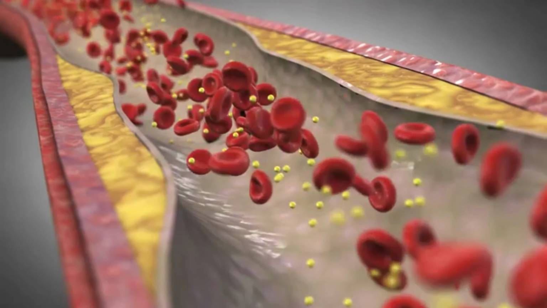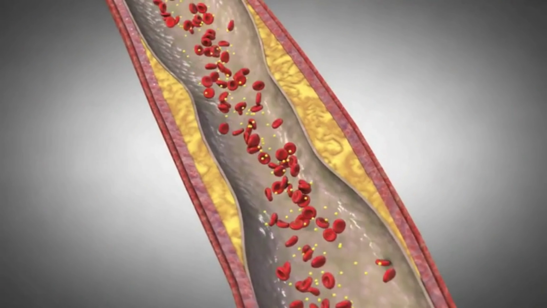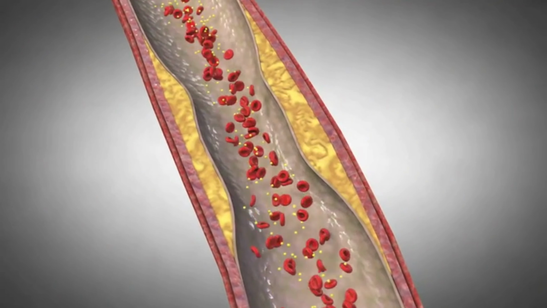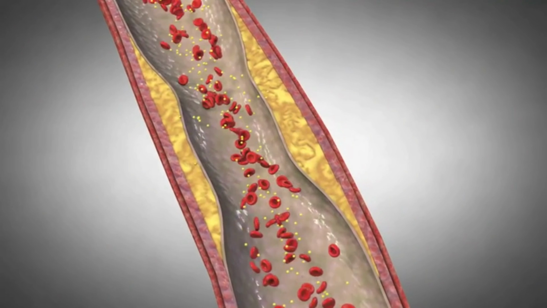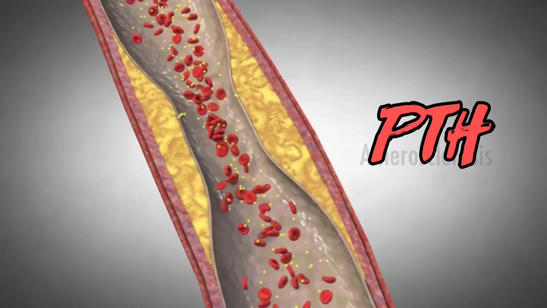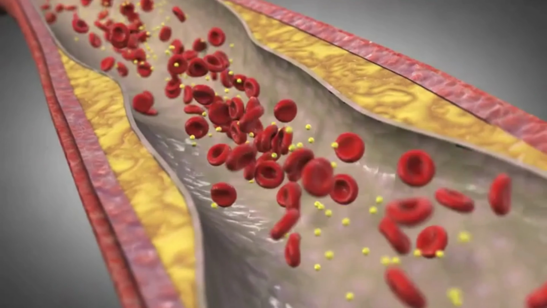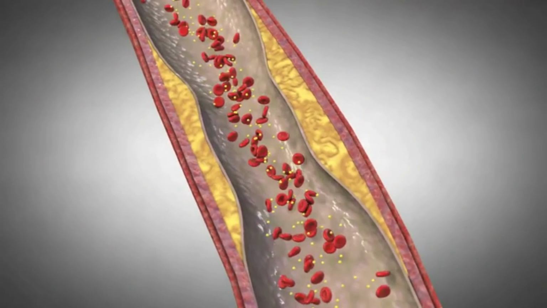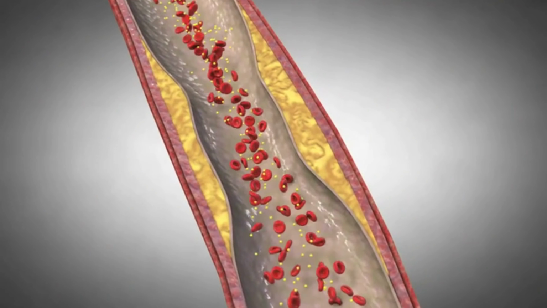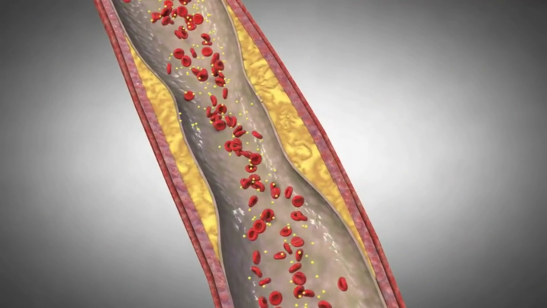Now what are the hormones released by these glands? Parathyroid glands secrete a single hormone known as parathormone or parathyroid hormone or PTH. The secretion of PTH is regulated by the circulating level of calcium ions in the blood.